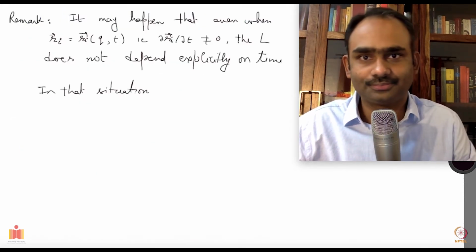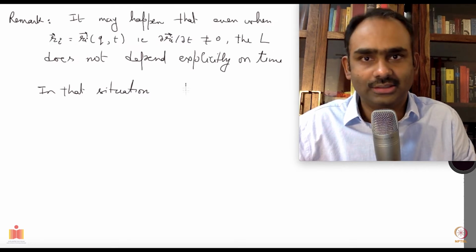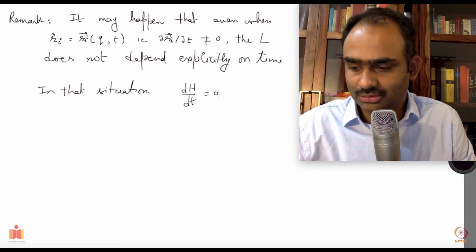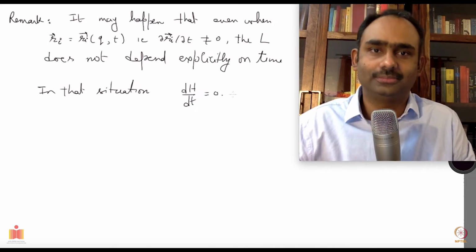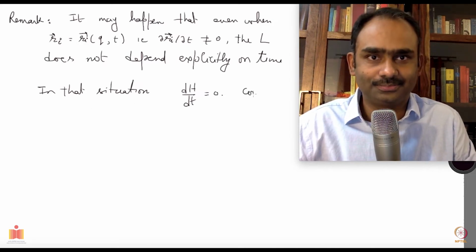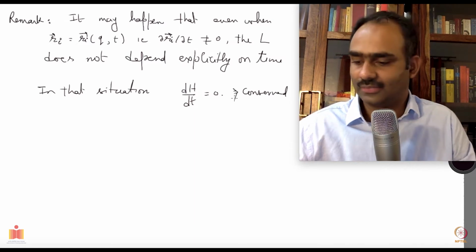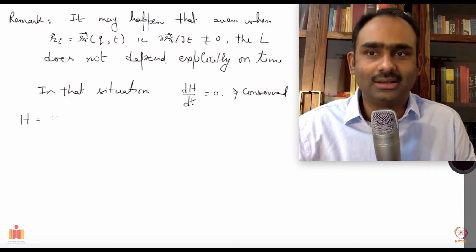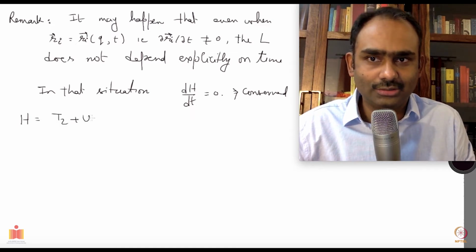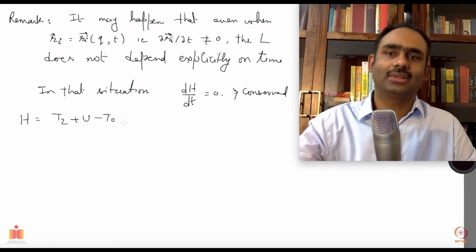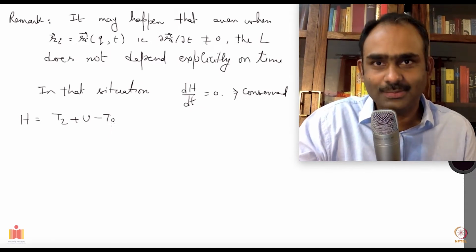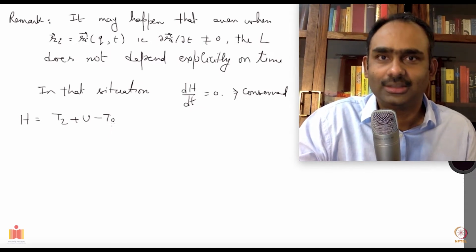Okay, dh over dt equal to 0, meaning it is conserved. H is conserved, but your h would be t2 plus u minus t0, right? Because all these terms, I mean not all these, but t0 appears because of the presence of time